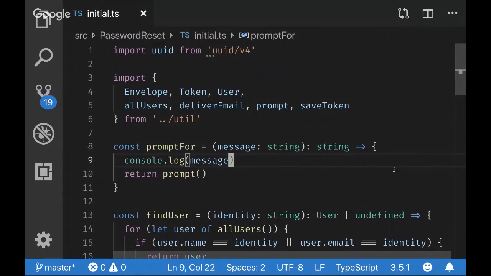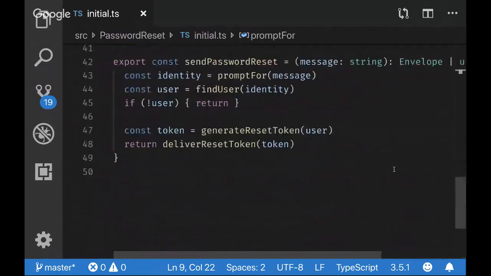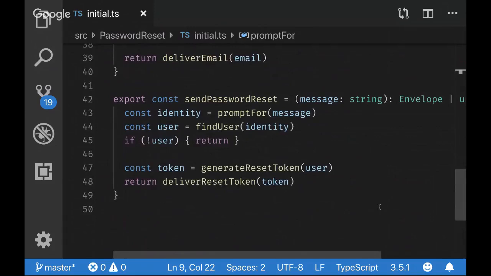Yeah, that'll work. I'm going to need about that much context on screen for a lot of it, so let's go with that and see how it goes. I'll point out that I have some relatively simplistic implementations of those functions. Let's start off with the top level one. Here's my current send password reset function.